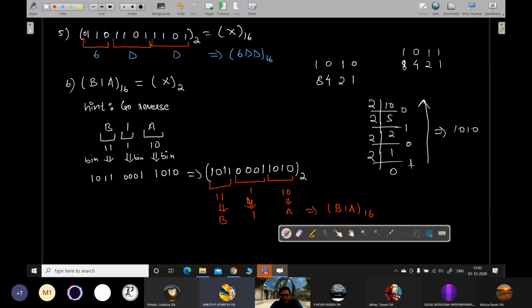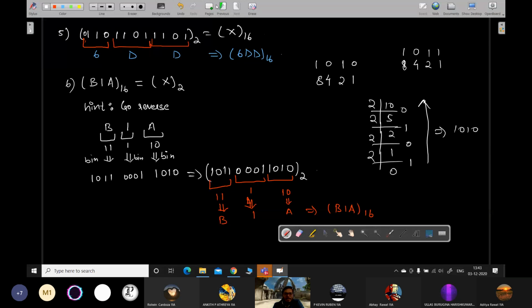Okay, sir. So, sir, it is from hexadecimal to decimal, then to binary. Not exactly hexadecimal to decimal. Each of the digits I am converting into decimal, not the entire number. If you go by that approach, it will take a lot of time. Okay, sir, got it. In the grouping, you only have to deal with decimal.